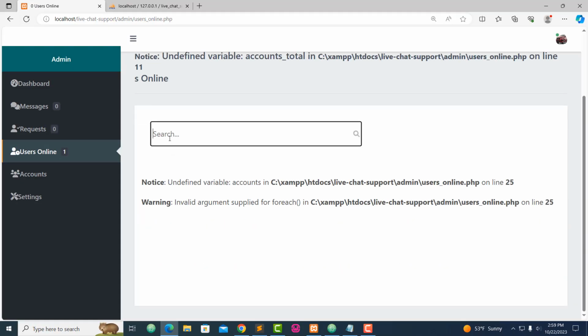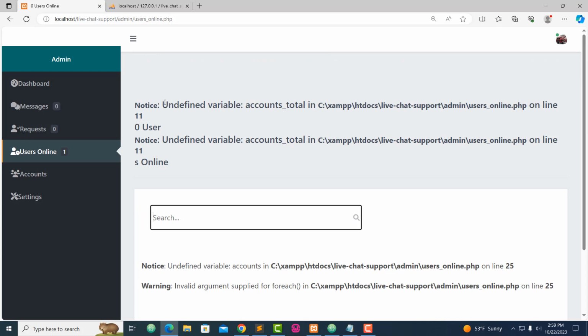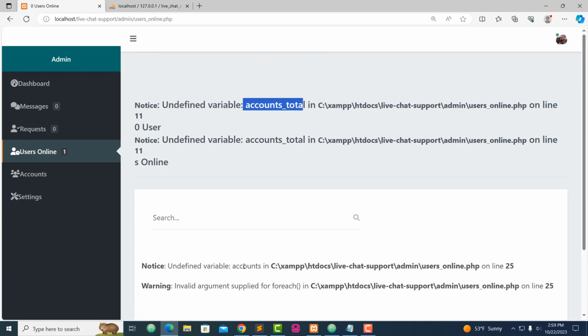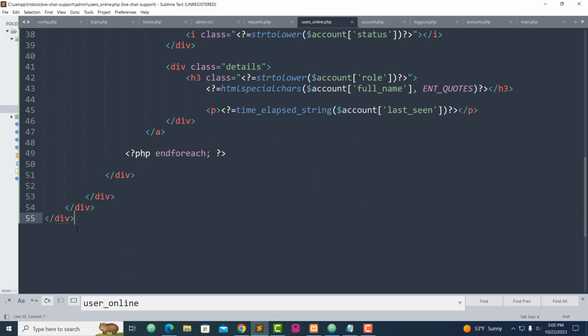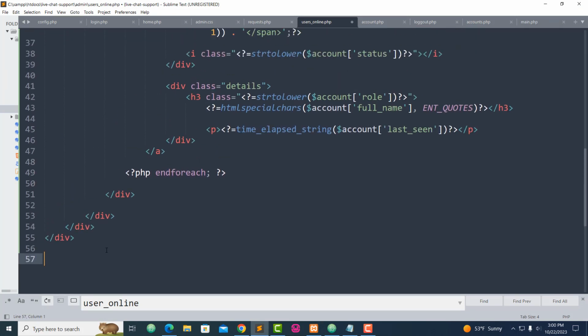We still got, now we've got the form, but we got an error message. We have to define account total, account line 25. Yeah, this is fine. Okay, now inside of our user online,